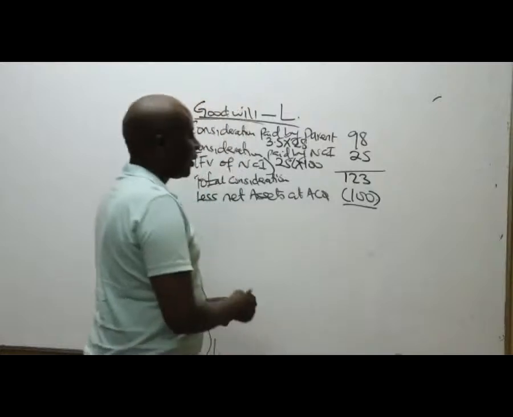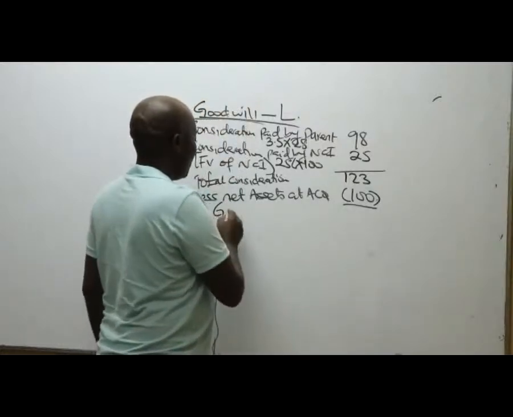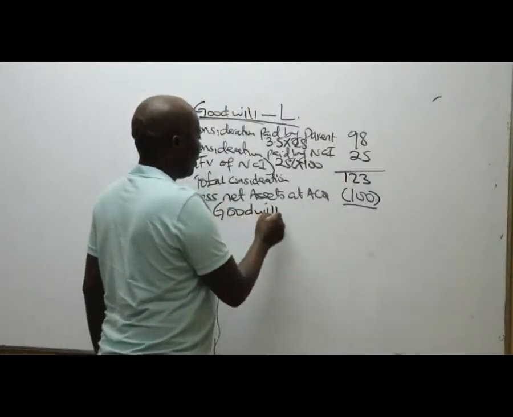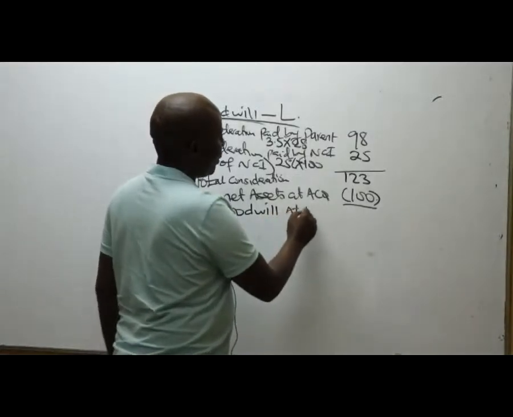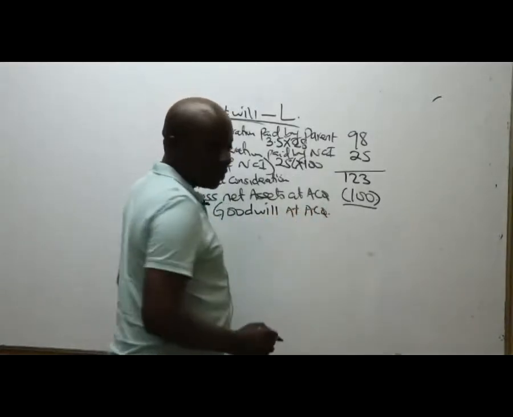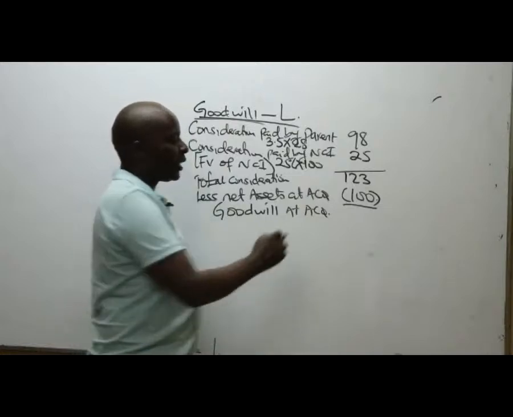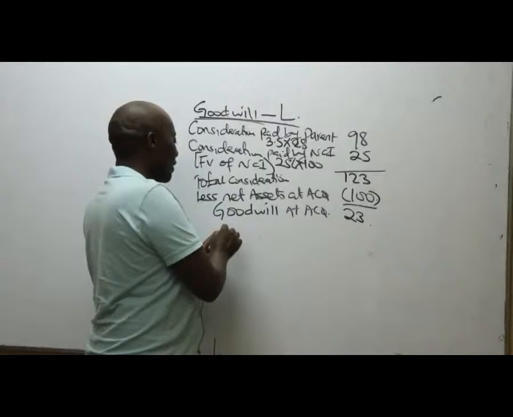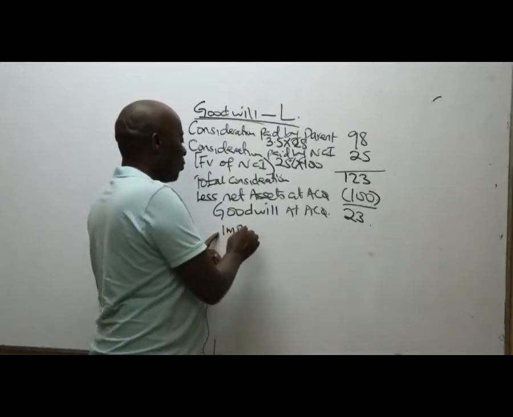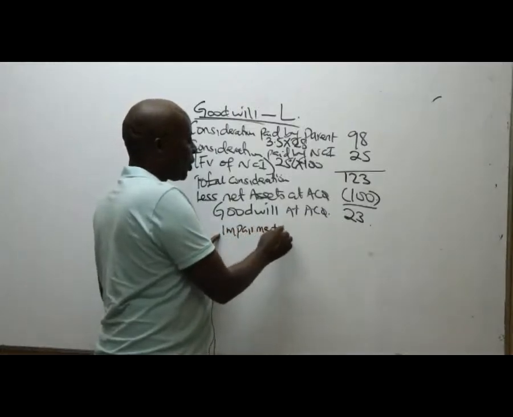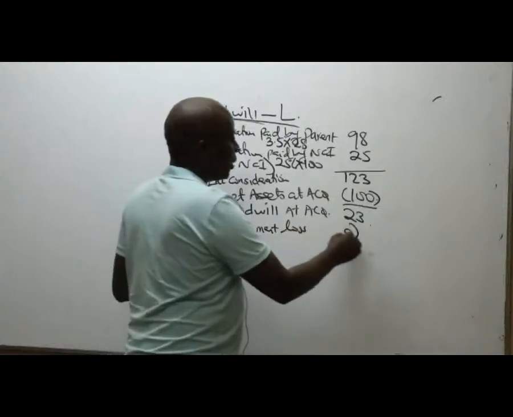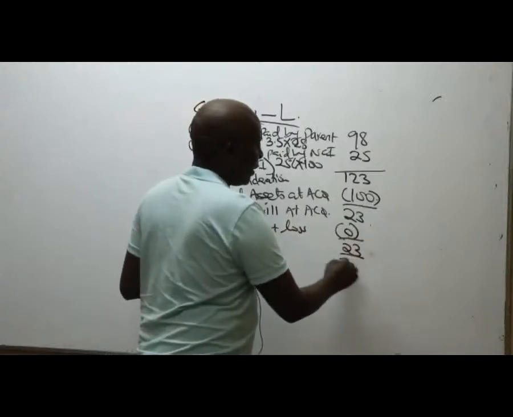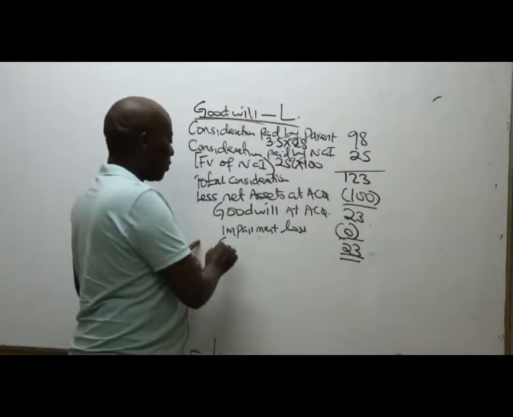You'll be able to give us the goodwill. The goodwill, yes, at acquisition. Could you kindly give me this? Goodwill at acquisition. Somebody is telling me it is 23. Unfortunately for L, there is no impairment given in the question. So impairment loss is 0, which will end up giving me still 23 as the goodwill